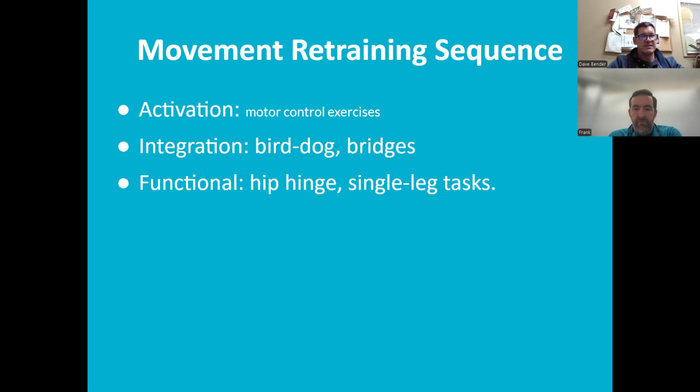Movement retraining sequences: activation, motor control exercises, your integration. You can look at bird dogs, your bridges, your mid-level stuff. Again, functional stuff is hip hinges, single leg tasks. So that's a simplified version of the whole model we just went through, the Stuart McGill 5-phase model. Another way to think about it is,